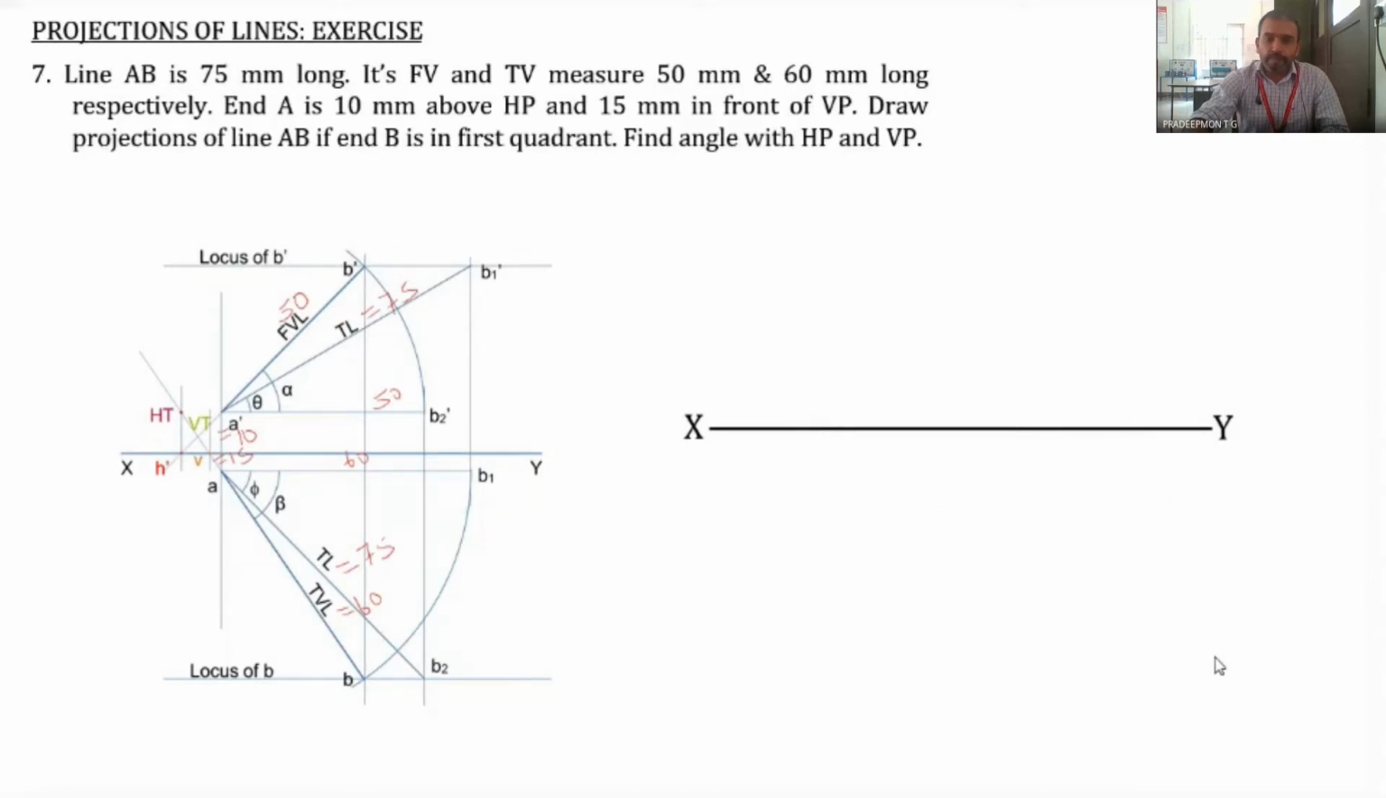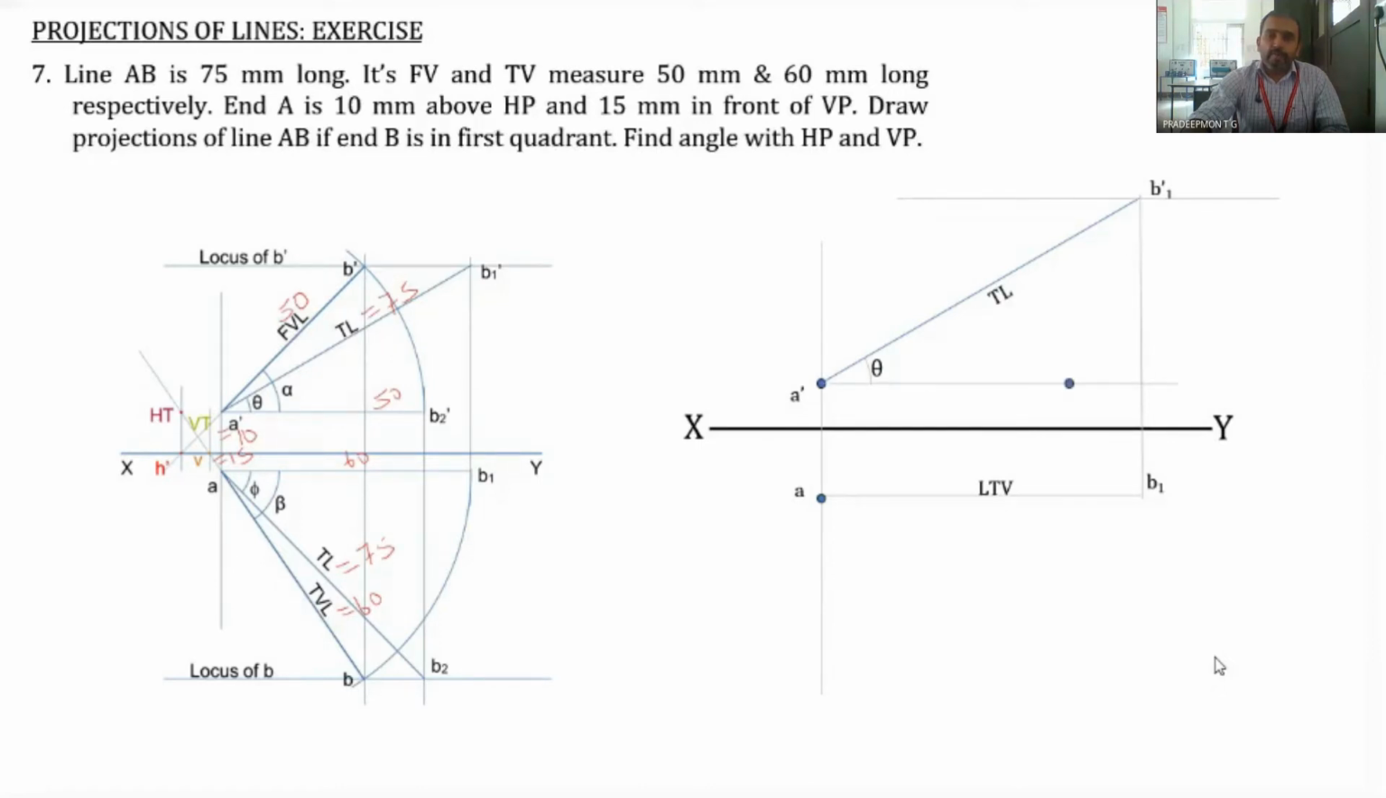So first XY line, then points A dash and A. This up to this one, it is similar as in our previous case. Then the length of the top view. Then from the length of the top view, you obtain the point B1, and from B1 drop a vertical line, and then using an arc obtain B1 dash,